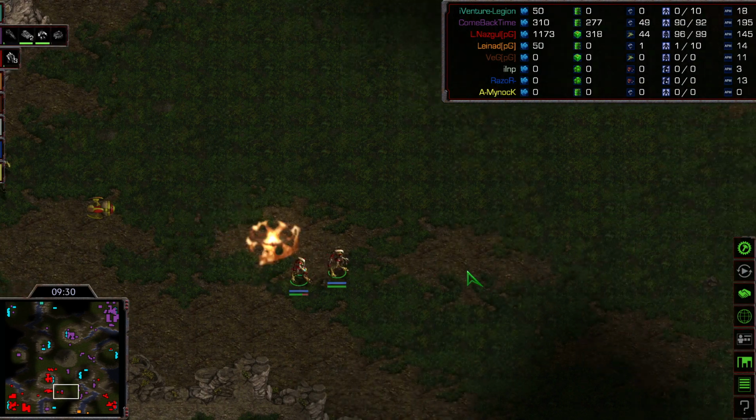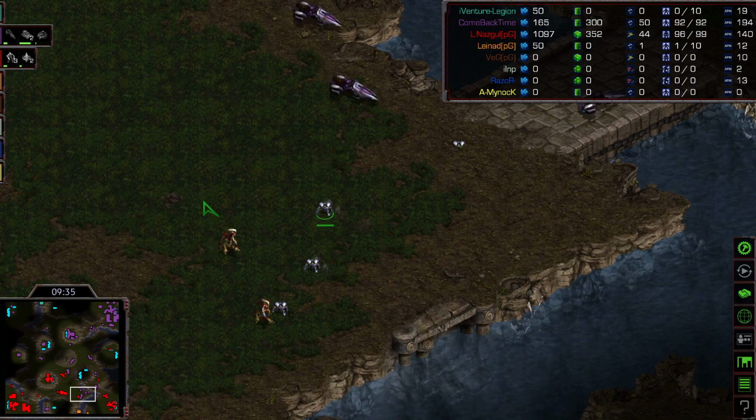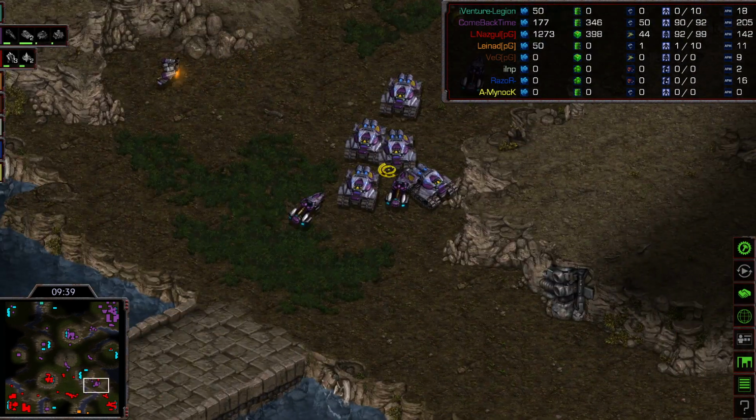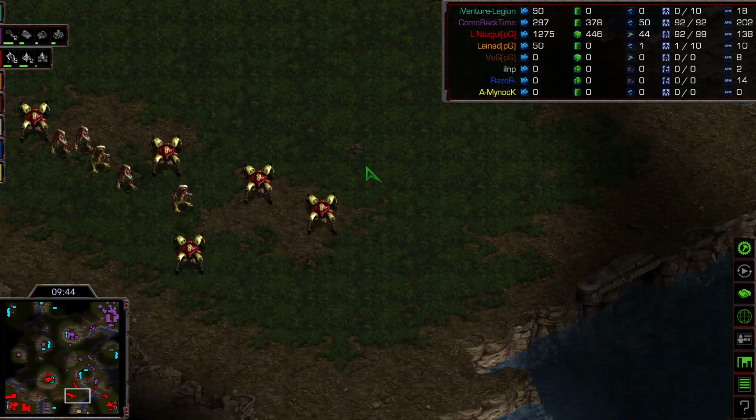Zealots with speed, they will already take some damage. This is also nicely being mined here by ELKY. So ELKY sinking nice forward here. Zealot will clear this up, and yeah, ELKY might have to retreat, as there's so many Protoss units coming here